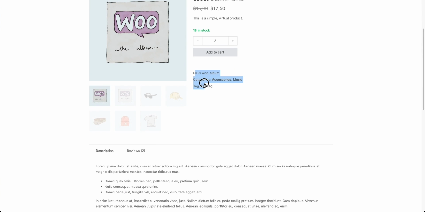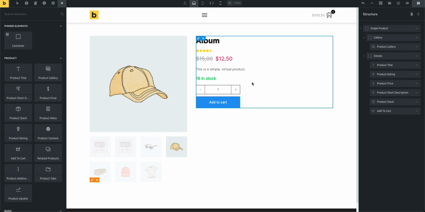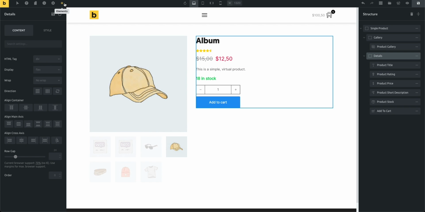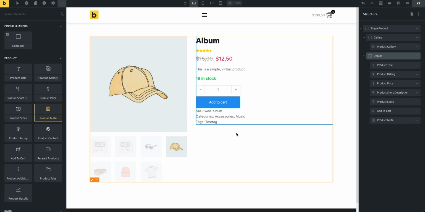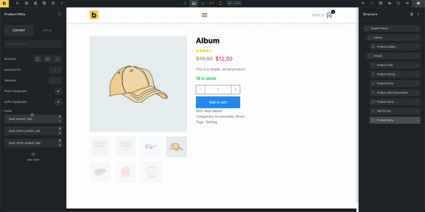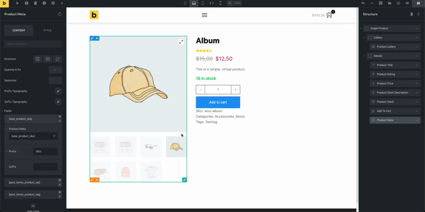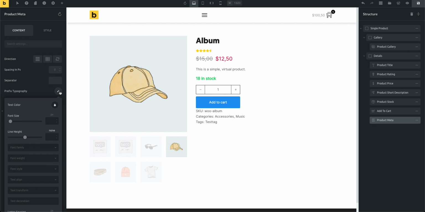Here, there's some more information down below. Let's select our column and add some product meta. Again, this is fully flexible. You can select your fields here according to whatever dynamic data you want to populate it with. Add a prefix and a suffix. Here it makes sense. Otherwise, by default, it's only going to show you the categories and the tags, so it's not really clear. So definitely make sure to include a prefix and maybe also